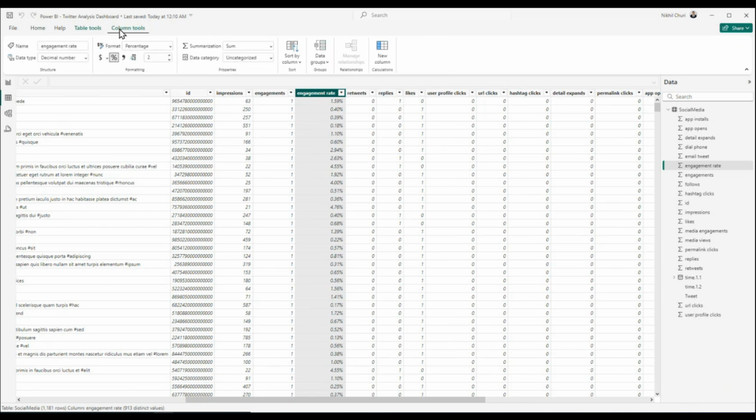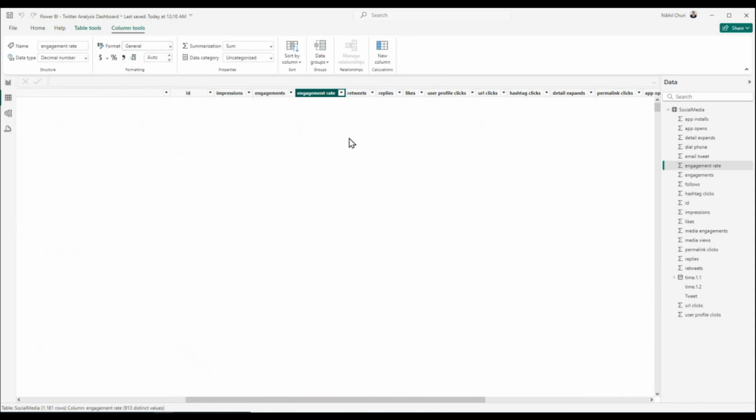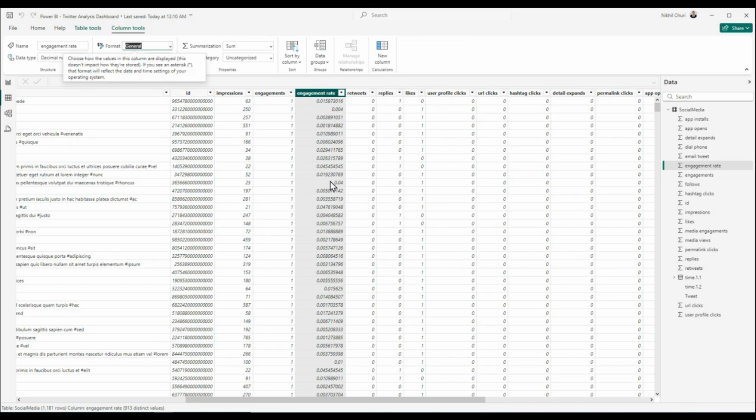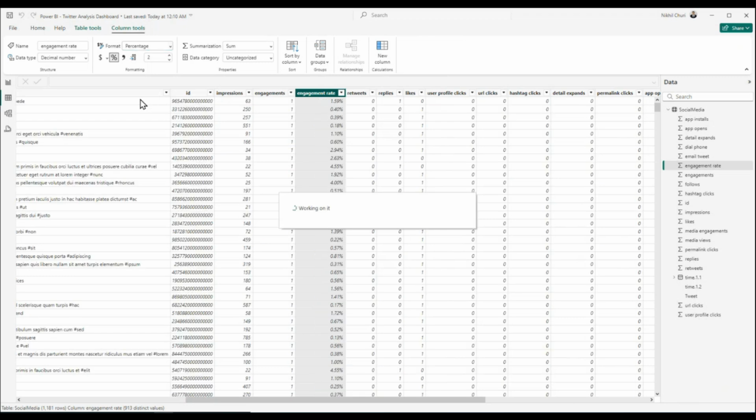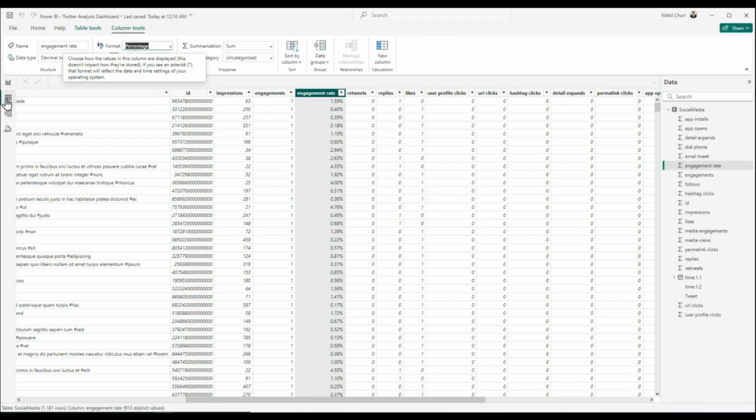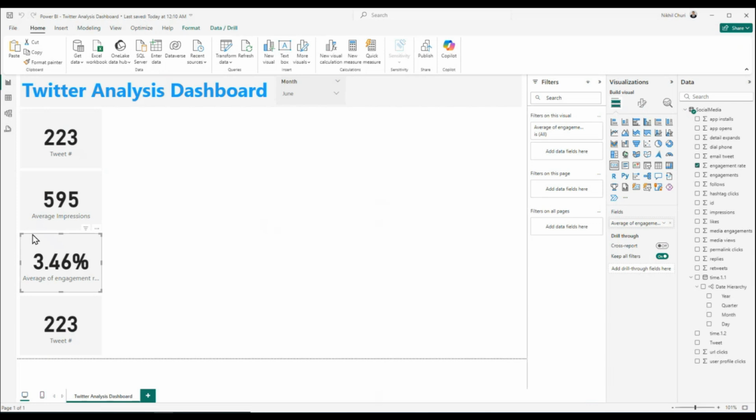Yeah. So go to your column tools, and in this format, for you, it might be like general. Yeah, exactly. This is exactly how it will look for you. It will be more of a general or just a number with decimal. So change it to percentage. Yeah. So this is another exercise for you to change the data type within the sheet that has been uploaded, connected, and it is pulling the data from. Then let's go to your report view. Now you should be able to see this